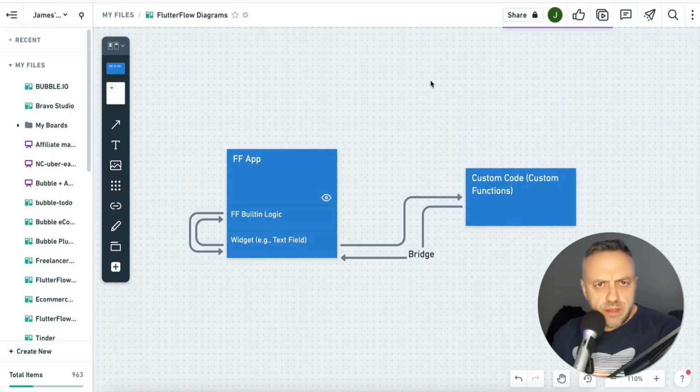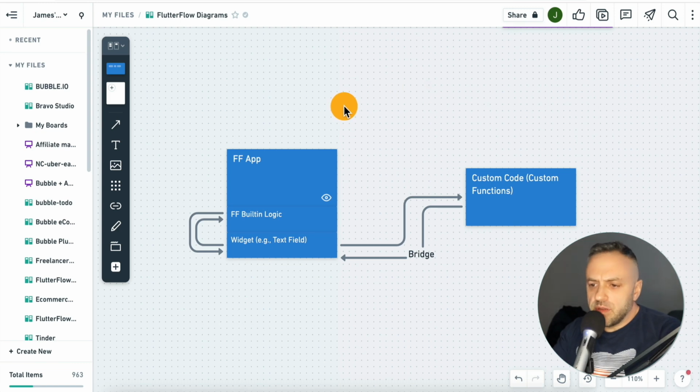Now, before we dive a little bit deeper, I want to explain to you why we are doing this in the first place. You may be wondering, FlutterFlow is an amazing tool. It does a lot of things. People use it. People build amazing apps with it. It's based on Flutter, which is an industry-wide framework for building mobile apps, and not only that really. Why do we need custom code? Why do we need to learn code?